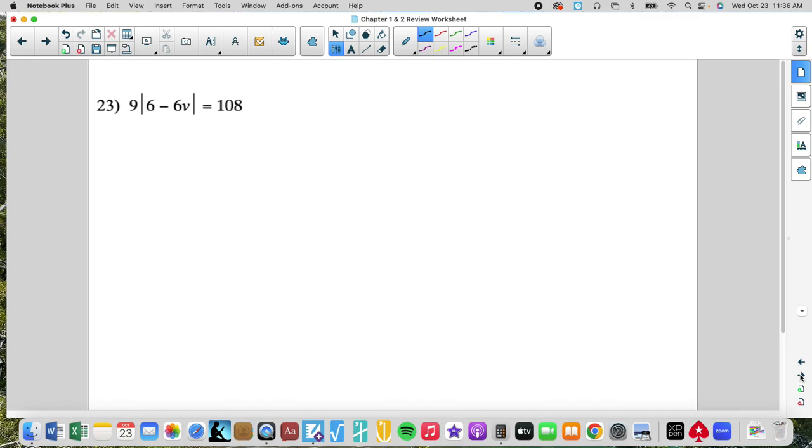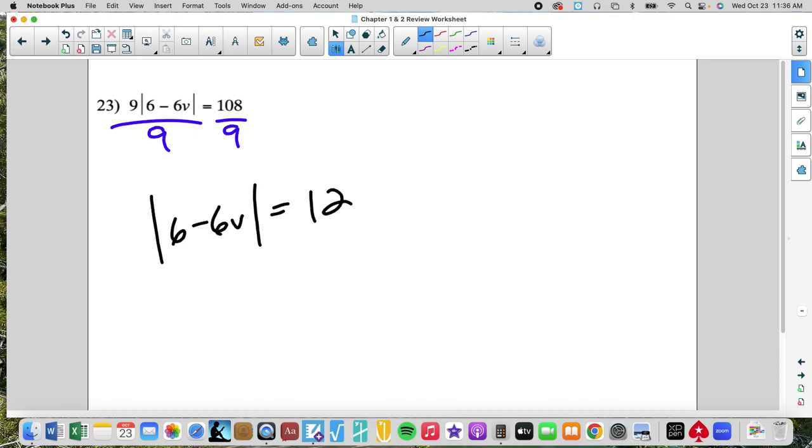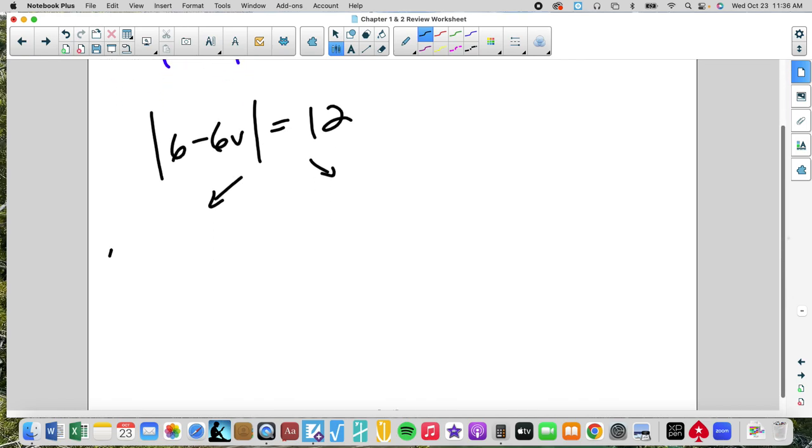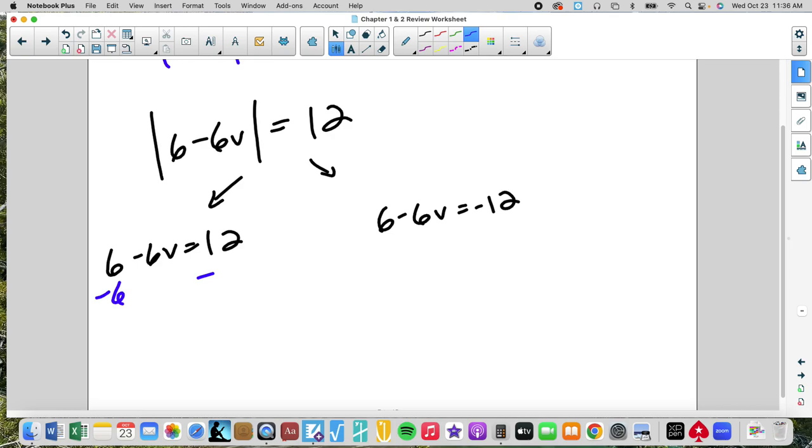I need to isolate first. Let's divide by 9. That leaves me with the absolute value of 6 minus 6v equals 12, since 9 goes into 108 twelve times. Now I've isolated. I'm going to write my two equations: 6 minus 6v equals 12, and 6 minus 6v equals negative 12. I'm going to solve. Minus 6,